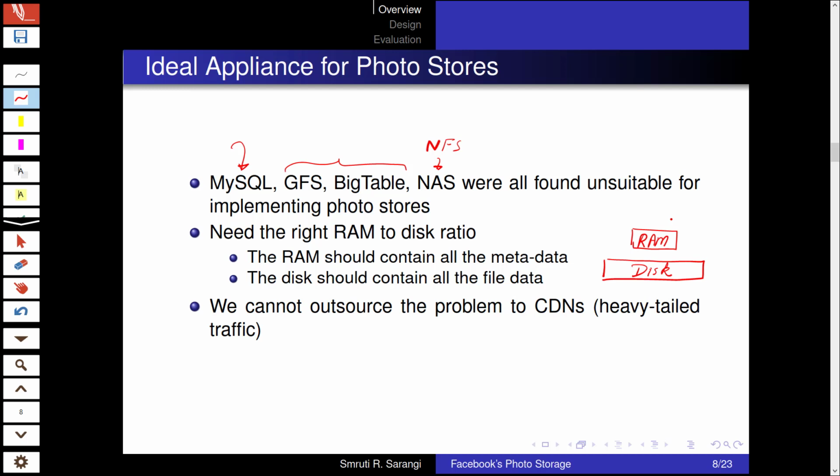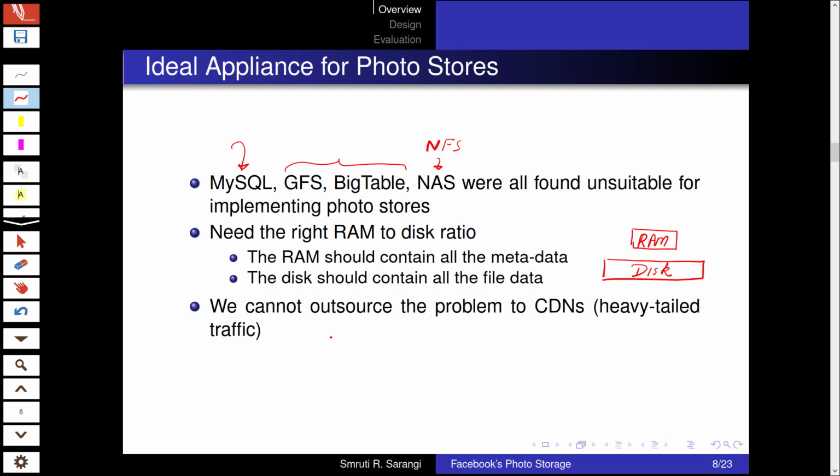Of course, there are substantial cost implications with a larger RAM, particularly in a very large data center. So the aim here is to find the right mix, the right balance, such that we can minimize the cost of creating the data center, as well as maximize the RAM to disk ratio at the same time.